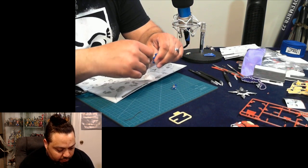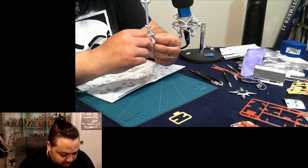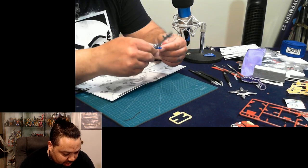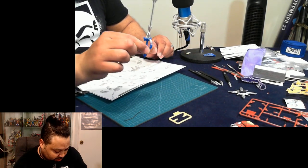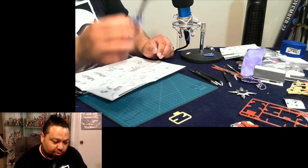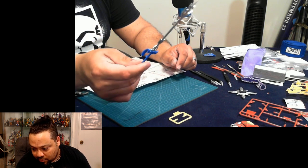So there we go. Boom. I'm going to form the blazing sword up in this mother. There we go. Look at that. That looks good. I was going to go buy a chroming pen for this, but that's actually a good looking...